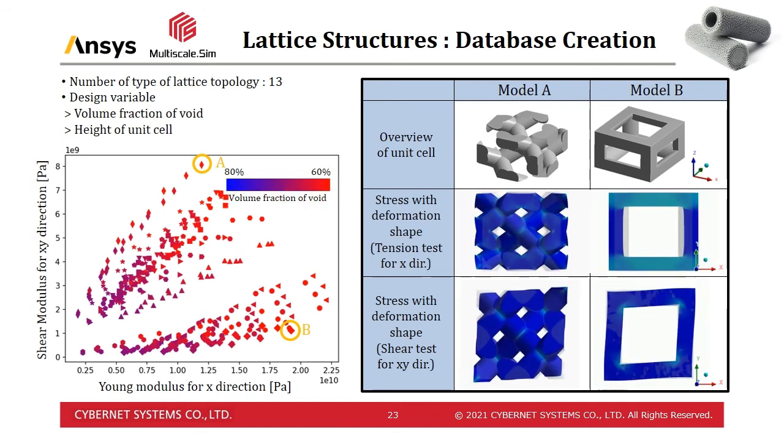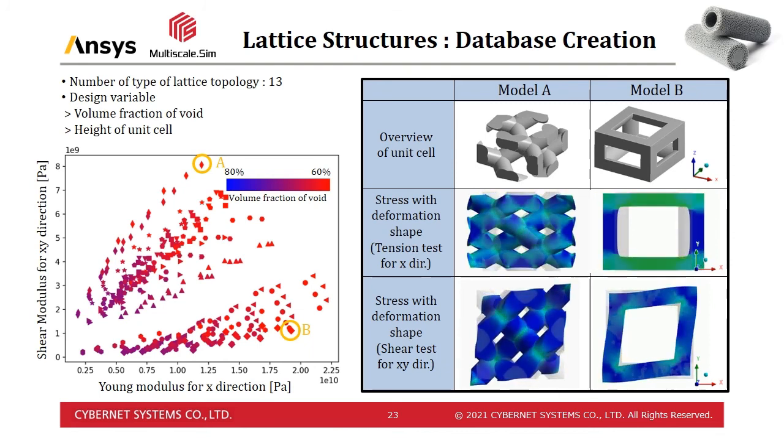We can confirm that both Young's modulus and shear modulus increase with increasing thickness of columns. However, we can see that it can be classified into 2 point clouds with different characteristics. One has a high sensitivity of Young's modulus, and the other has a high sensitivity of shear modulus. The overview of the model and the equivalent stress distribution on the deformed shape are shown for one representative point